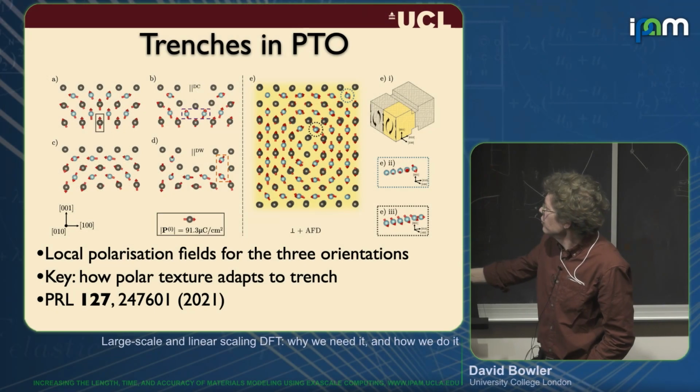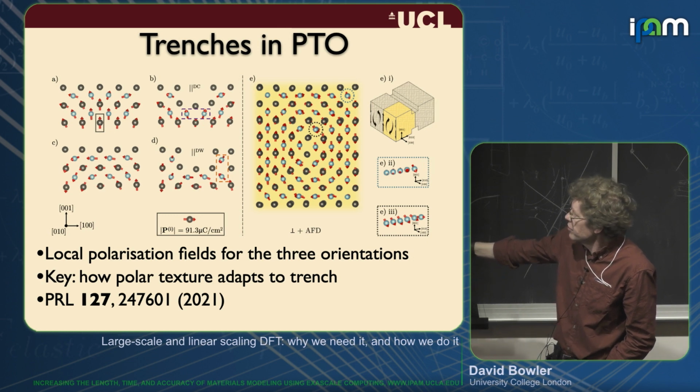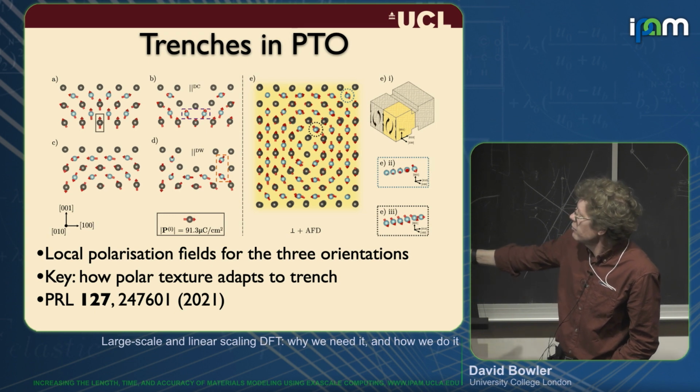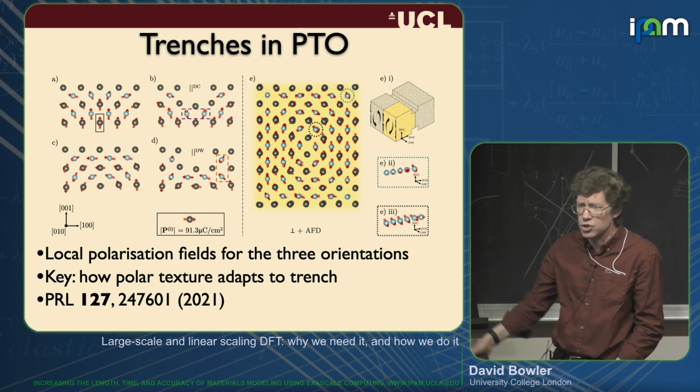And if you look at this, you can see what's going on here. This is a plot of the material without a trench, and this is a plot of the material with a trench. This is for the domain centroid. This is for the domain wall. If you look carefully at these local polarization vectors and compare the trenched and non-trenched versions, what you see is that when we put the trench above the domain centroid, so the middle of the domain, there's not a huge change in the local polarization. Whereas down here, where we're putting the trench above the domain wall, a lot of these polarization vectors change.